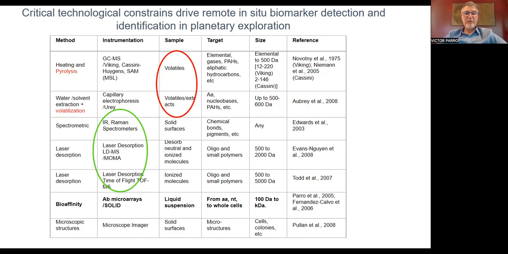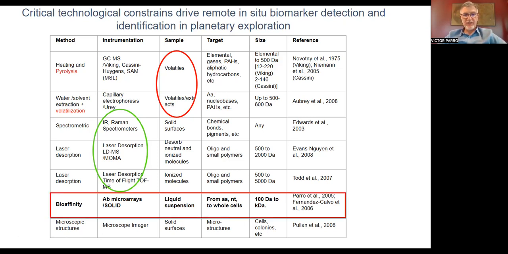Now, for example, the Perseverance rover has a Raman spectrometer, and it was foreseen for ExoMars to have laser desorption, another system that allows us to determine the presence of some organic matter just by hitting a laser on the samples. And what we have proposed for many years is the use of a bioaffinity system. In that case, we use an antibody microarray, where